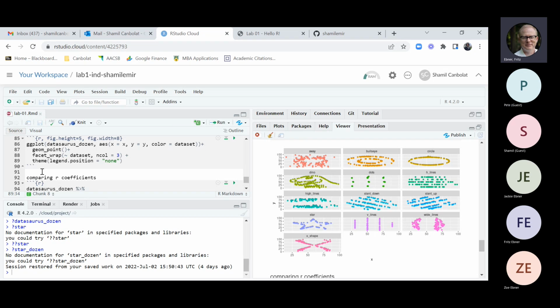So if you look at the actual data table, the first column is called dataset, and there are lots of entries for away, and then there are lots of entries for bullseye. And for each of the away entries, there's an X and a Y, and for each of the bullseyes, there's an X and a Y. So that's what facet wrap is doing. It's saying, show me facet graphs with the dataset variable in each of the facets. Not sure if that's super clear, but